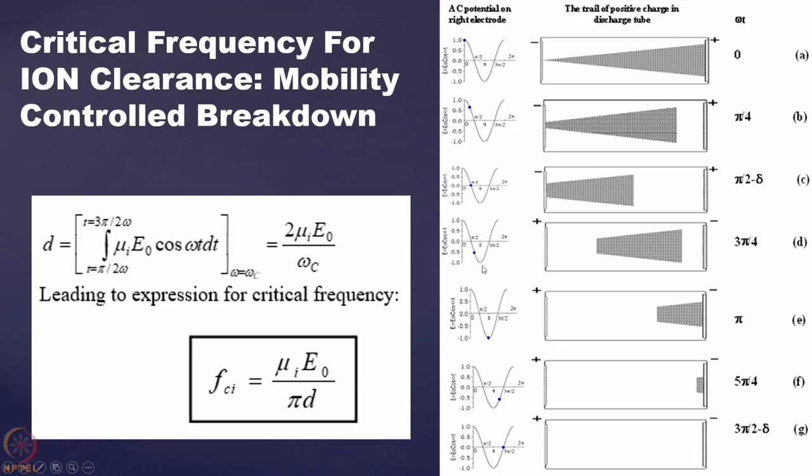So now how much time is it having before the polarity change? It is now this much total. So how much is this? Earlier it was pi by 2. Now it is not like that. When it is even pi, you see over here, then also it is negative, then at 5 pi by 4 it is still negative, and then at 3 pi by 2, it becomes 0. So the time interval it is getting is omega t equal to pi by 2 to omega t equal to 3 pi by 2.